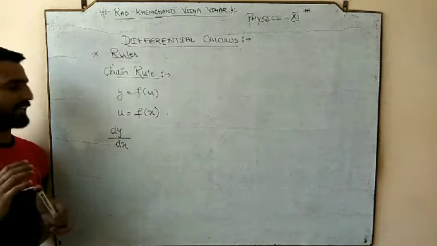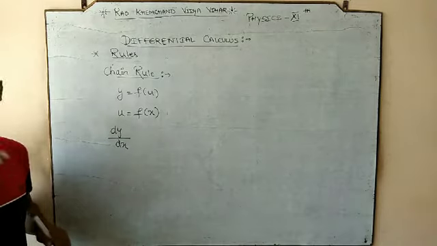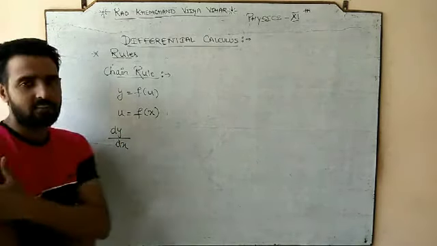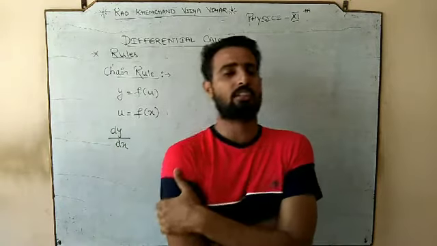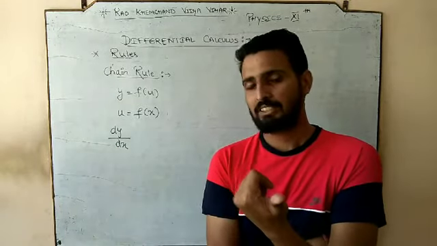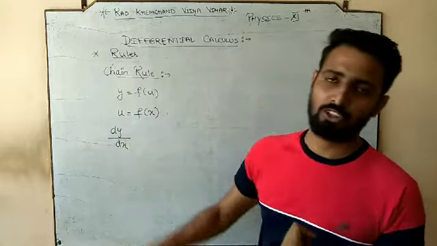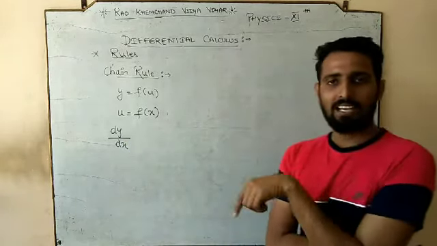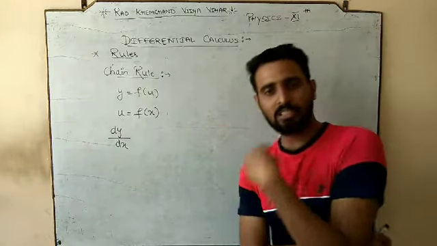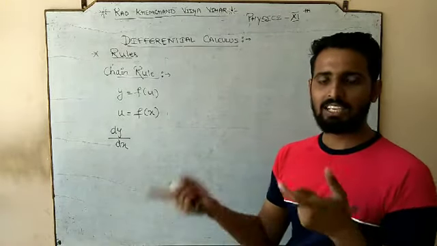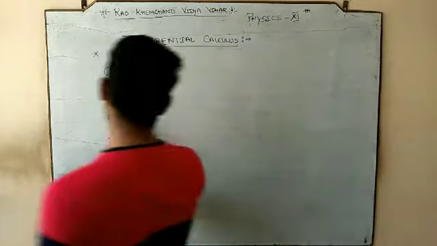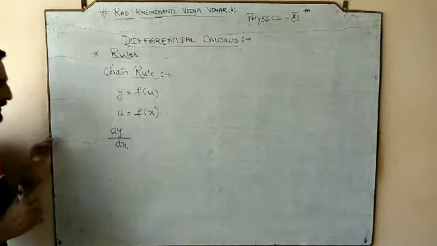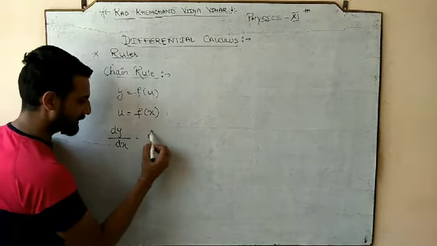Teacher is asking me to calculate the differentiation of y with respect to x. तो y का differentiation x के respect में direct तब हो सकता है जब क्या हो, जब y is the function of x. But here y is not the function of x. Y is the function of u, and that u is function of x. So here we are making a chain. Means y u पे depend कर रहा है और u x पे depend कर रहा है. So it is forming a chain.